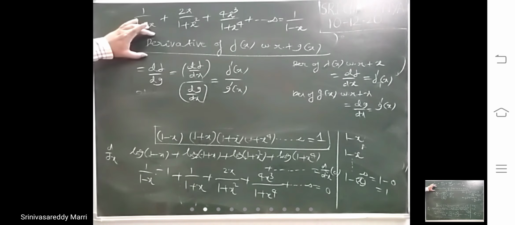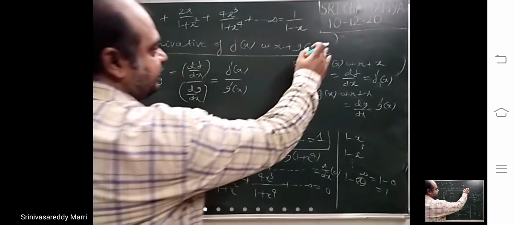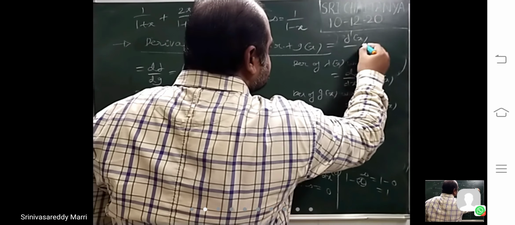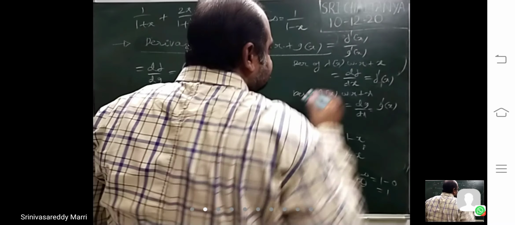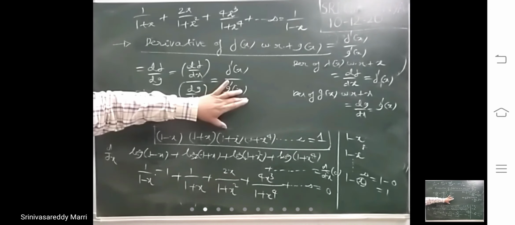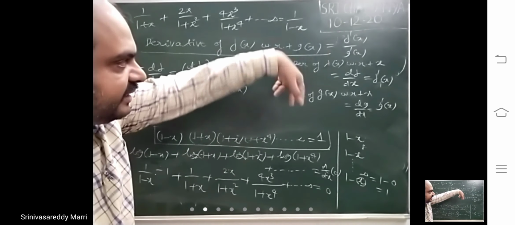That means whenever derivative of f of x with respect to another function is given, this means that find f dash x and find g dash x and then write the ratio f dash x divided by g dash x. F of x you take separately and find f dash x, that is with respect to x. G dash x you find out and write the ratio.